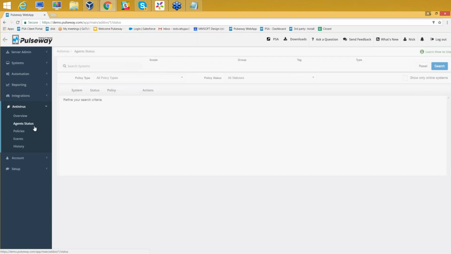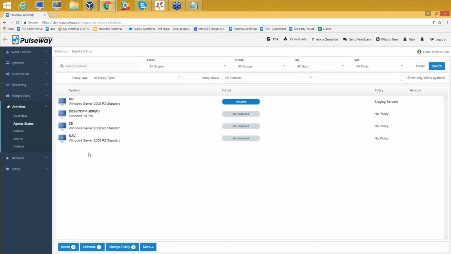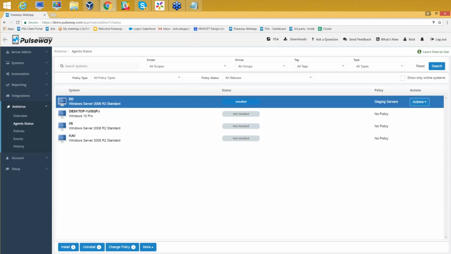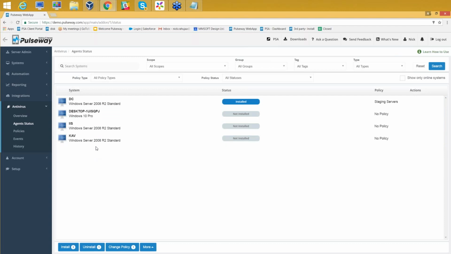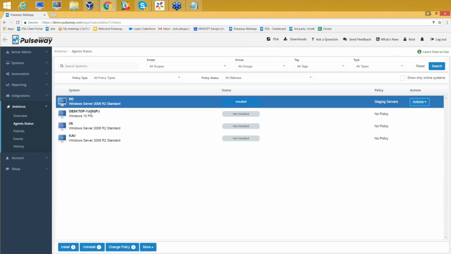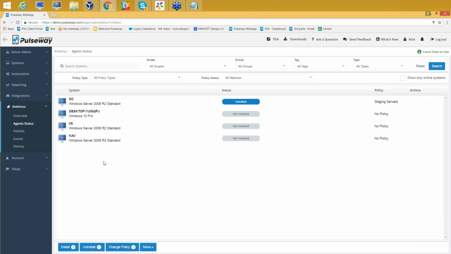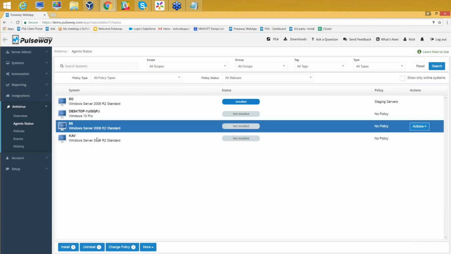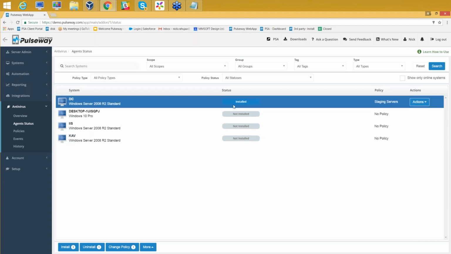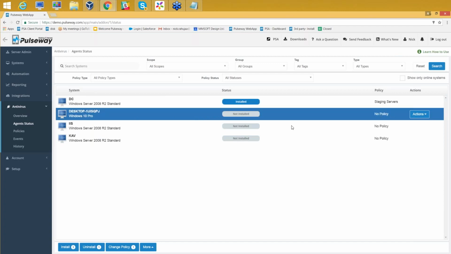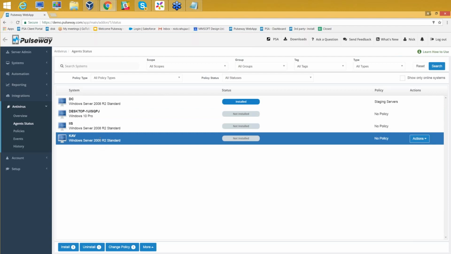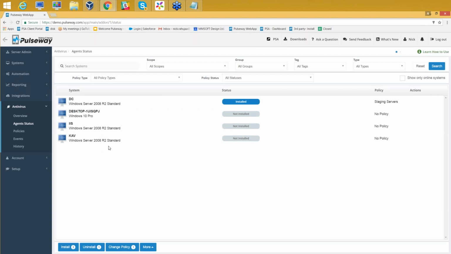So moving on, when I click on agent status, all those machines that have a RMM or Pulseway remote monitoring and management agent installed will automatically be listed here with the status, whether the AV is installed on them or not. As you see, I have 4 machines in here, where my domain controller has the AV installed already with the staging server policy that we defined,